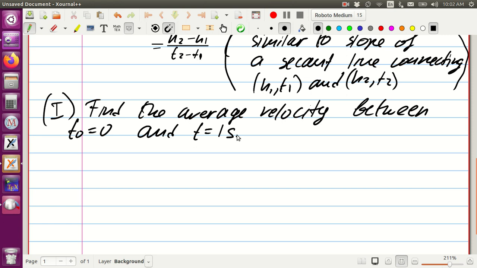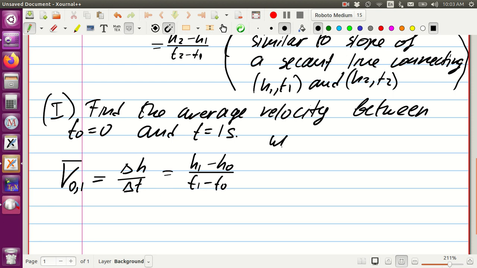All right, so let's try to do that. For the average velocity, people usually put the numbers on the bottom, so it will happen between 0 and 1 on time, and usually people put a horizontal line on top just to say that it's average velocity, and this is delta h over delta t. So in our case, it's going to be h sub 1 minus h sub 0 over t sub 1 minus t sub 0,